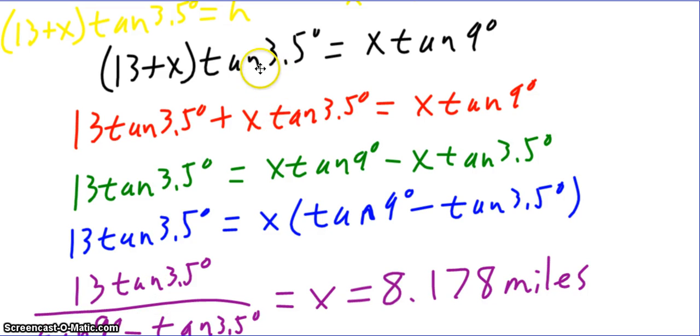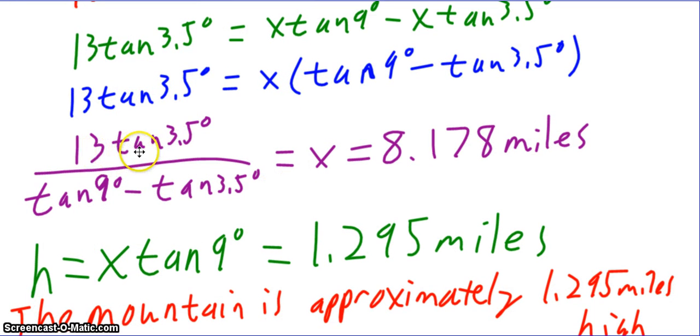But you can hopefully follow my algebra. I distributed the tangent of 3.5. I got the x's on one side. I factored out an x. I divided by tangent of 9 minus tangent of 3.5 degrees. So I end up with